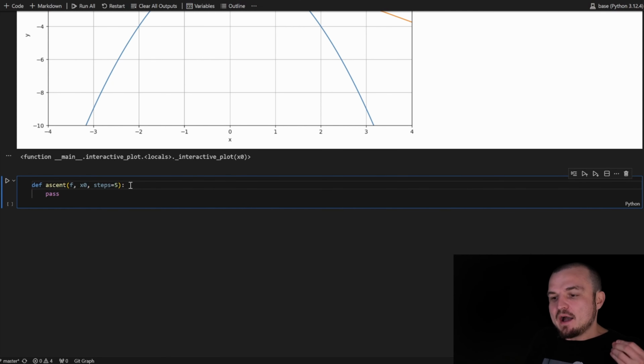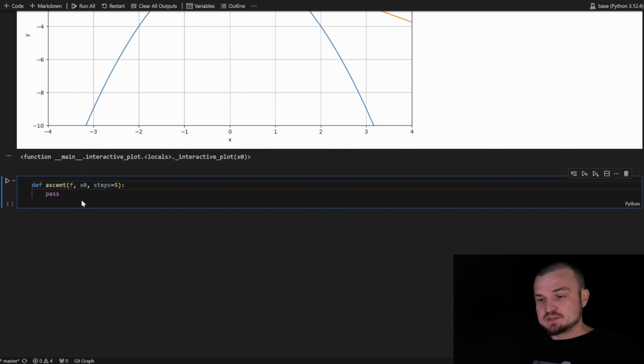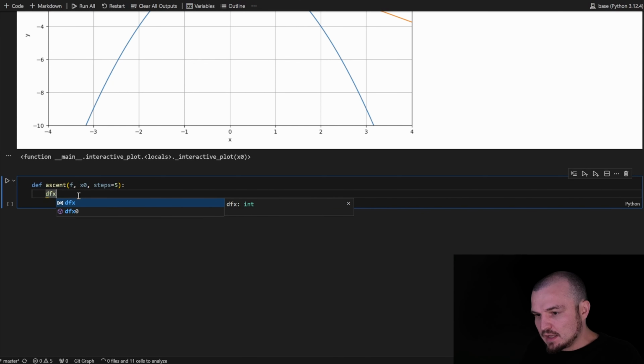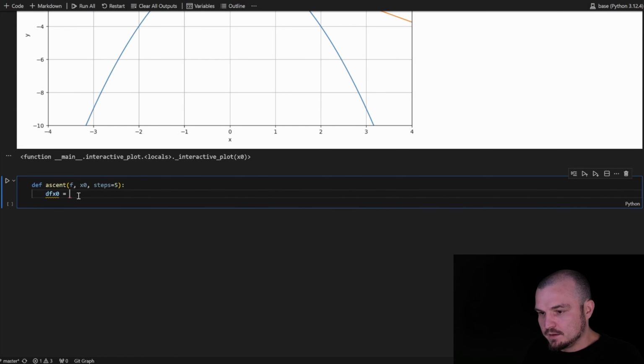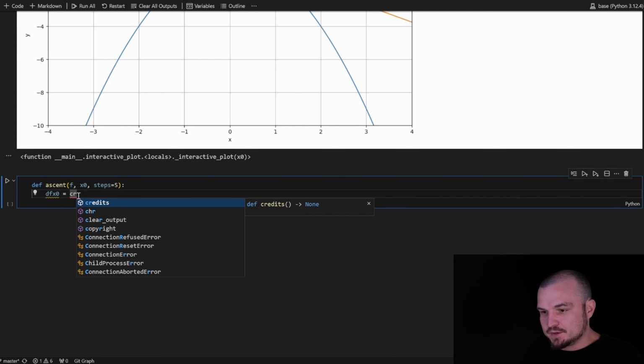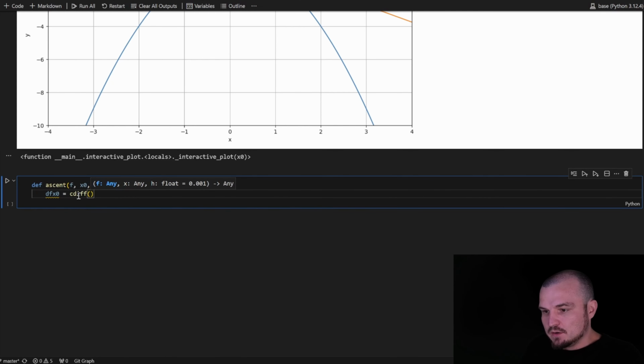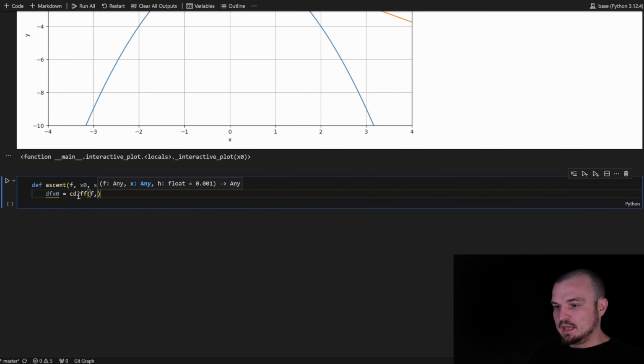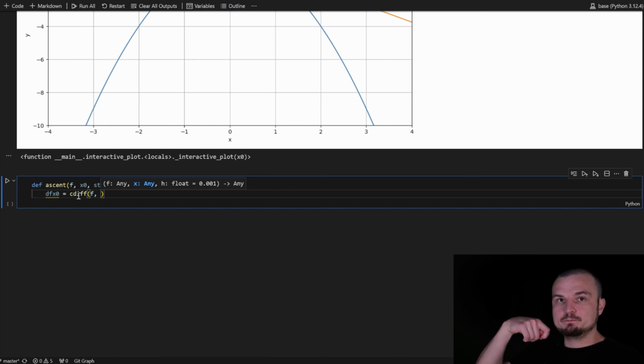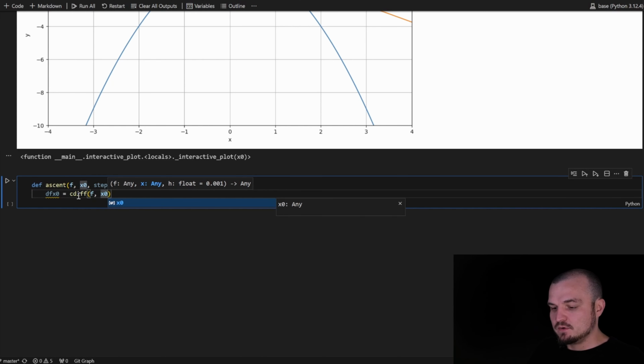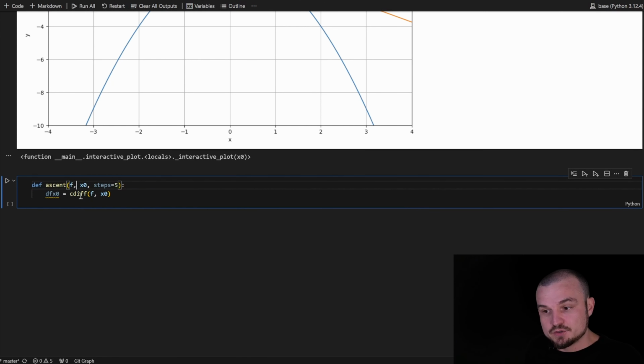It means how many steps we will make in the direction of the steepest ascent. And we know that we can compute df of x0 as the central difference for the function f, and we provide the x0 as the input of our function f.